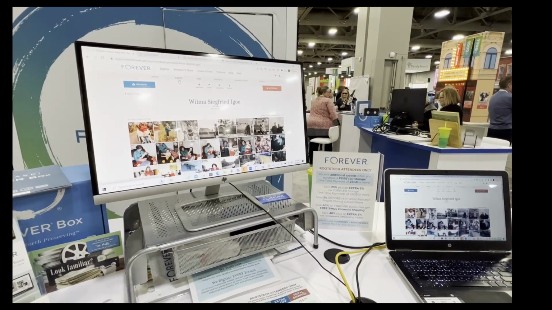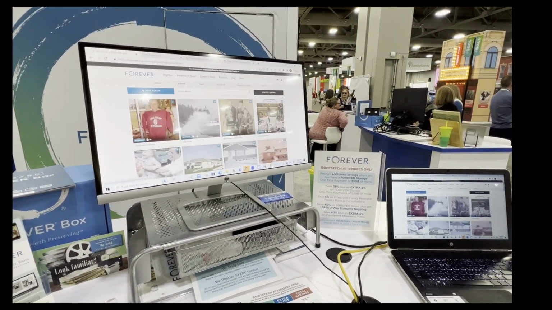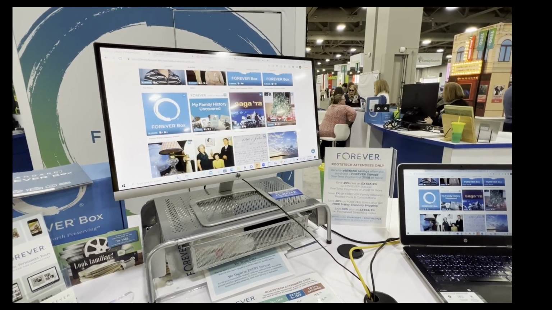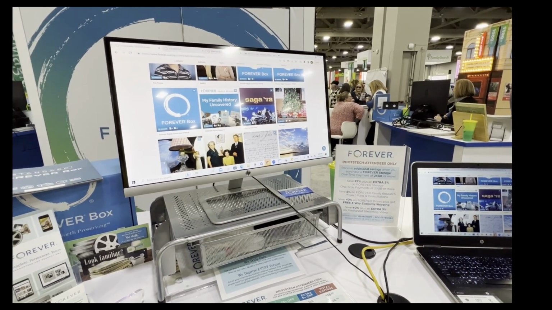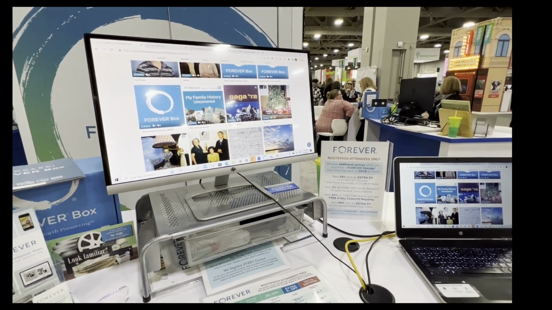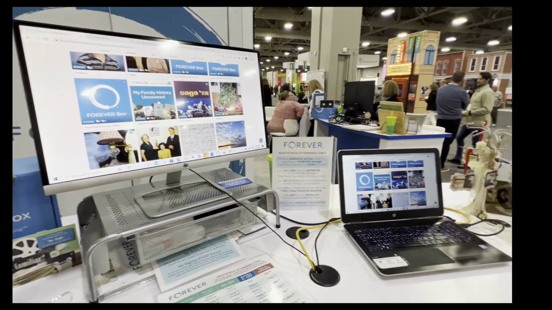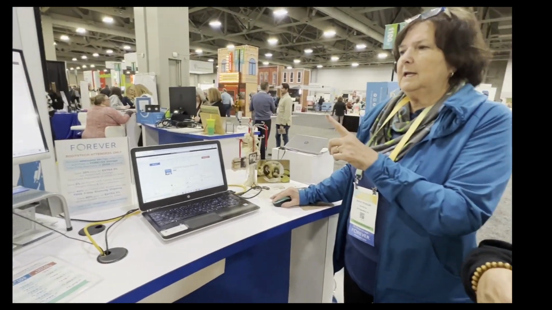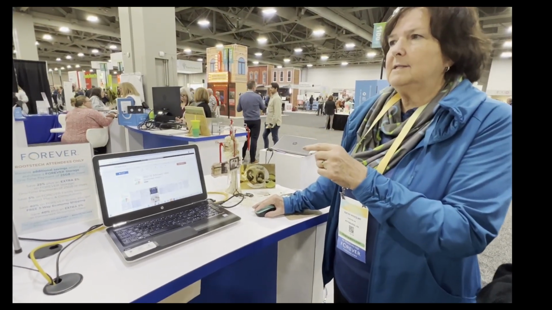Instant access, and that also includes your documents. So I have my documents here. And you can share it, so this can be collaborative. So you can have multiple family members have access to it. Yes. So now you would click here, and